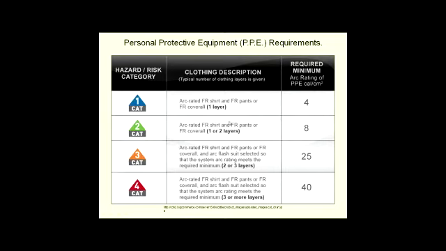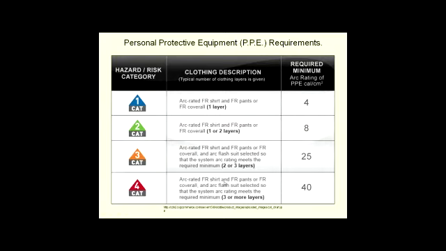Then we're talking about category 3: arc-rated flame-resistant shirt and flame-resistant pants or coverall, and arc flash suit, selected so that the system arc rating meets the required minimum, 2 or 3 layers, and that is supposed to withstand 25 calories per centimeter squared. Then there's category 4,